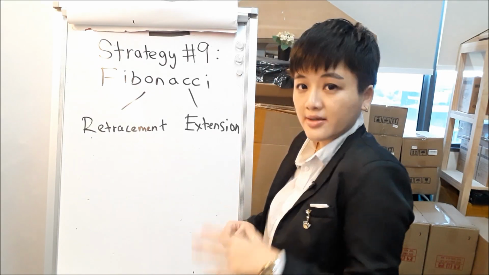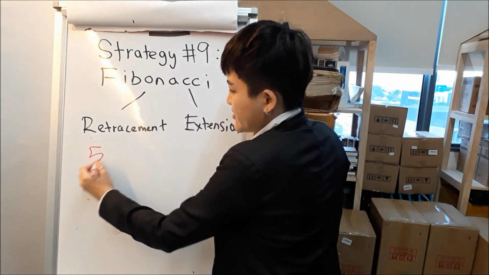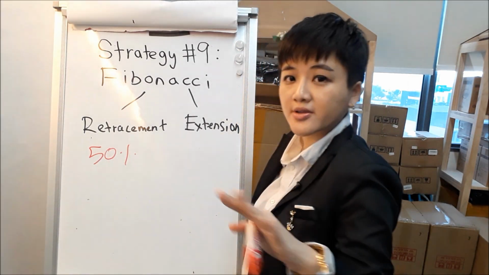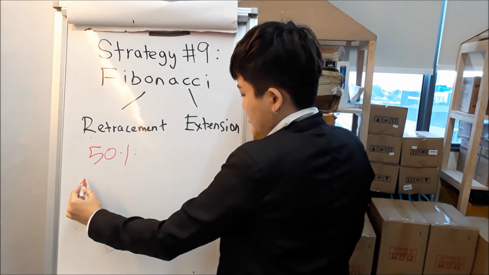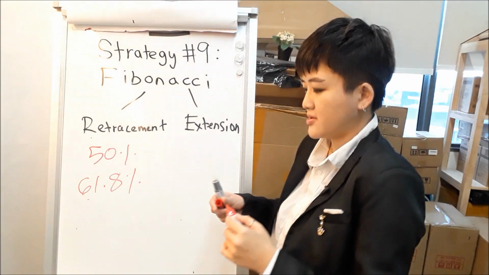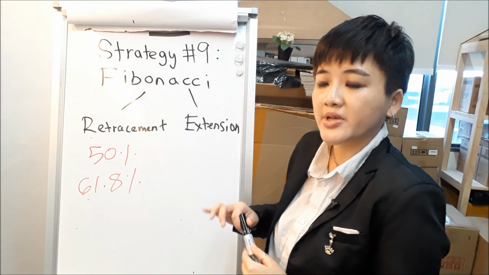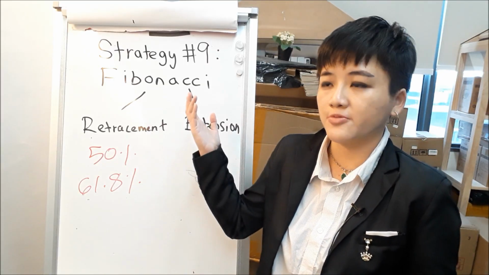So there are many levels in Fibonacci retracement, but the significant levels which are good support levels are 50% and